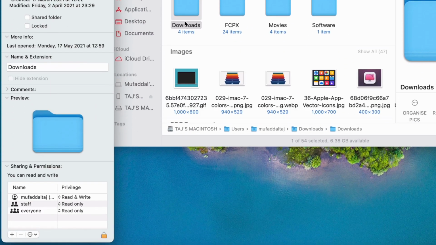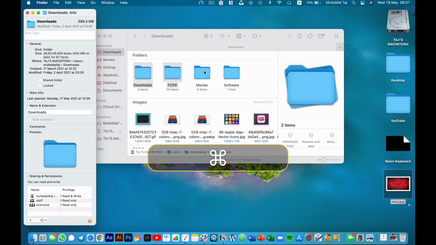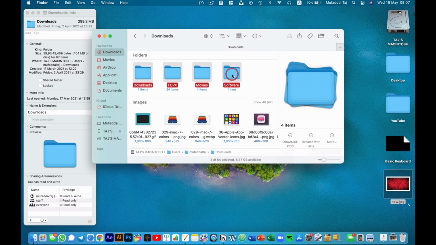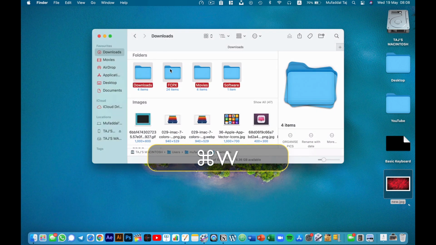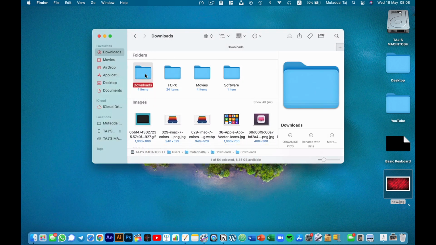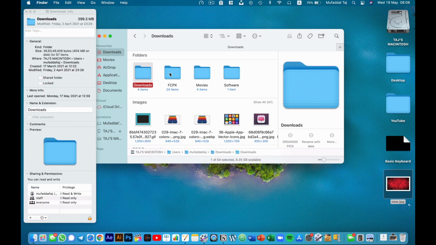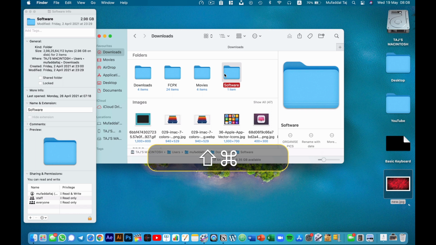But sorry, there are a lot of buts, but a cool trick to remember here is if you want details on multiple files and you select all of them and press Command plus I, it will become super messy and you can't even close them together. So rather, we'll select a single file and add the Option key to the combination. Now when we select another file, notice the details will shift to the new file we have selected.